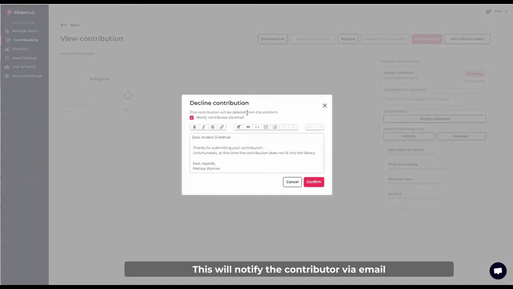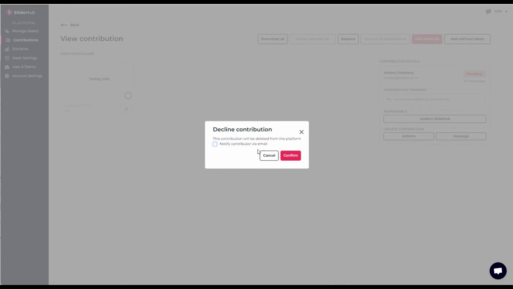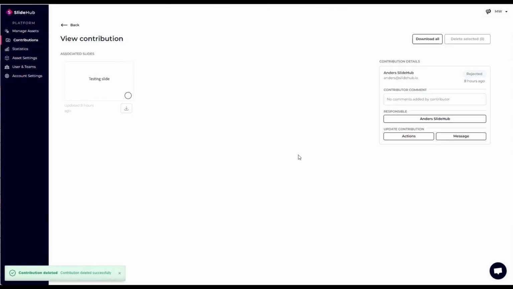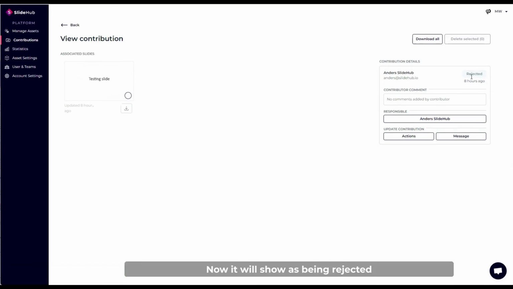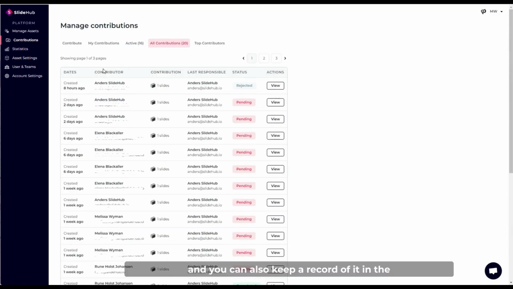This will notify the contributor via email if you choose to do so. Now it will show as being rejected. And you can also keep a record of it in the All Contributions tab and just have it marked as